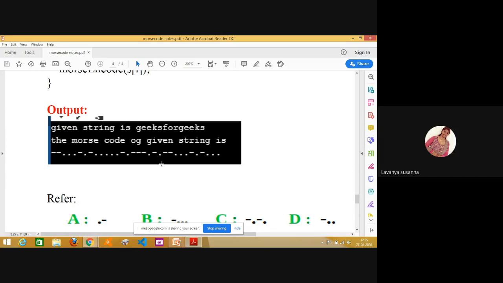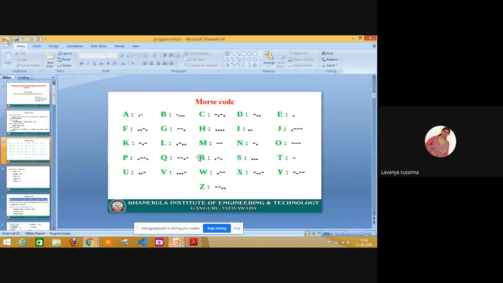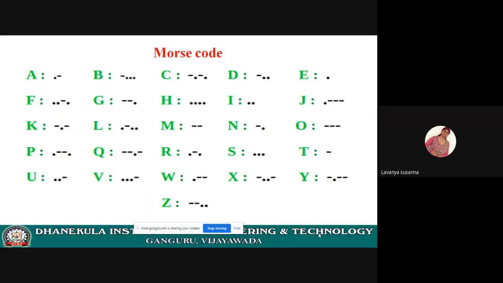Morse code is the oldest method. It is used in telecommunication, for secret messaging, and in the military and navy. Even though the latest technologies are there, this oldest technology is still being used. Remember this. You have to learn this code by heart.